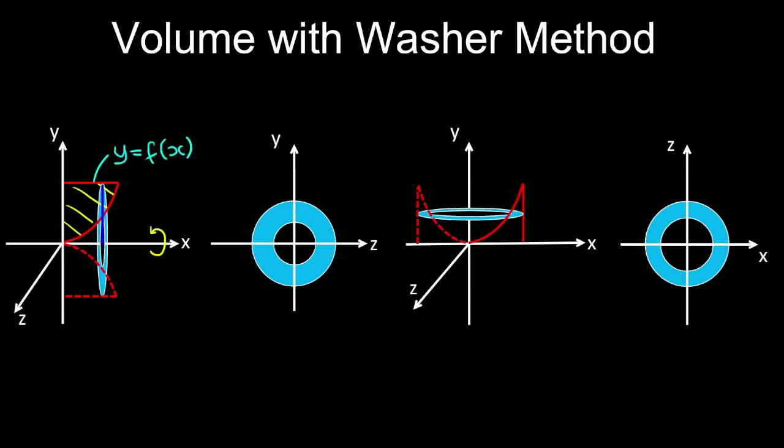So therefore the outer circle of the washer has the following area. And the radius of the inner circle of the washer is going to be described by this curve. So therefore we subtract the area of that hollow circle. And then giving the washer a thickness,